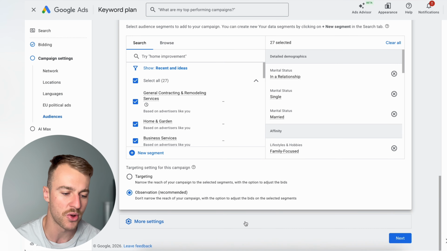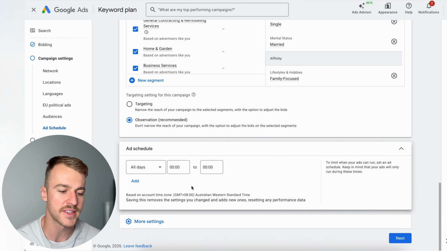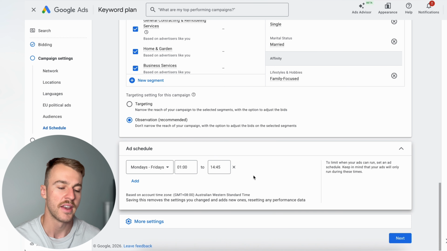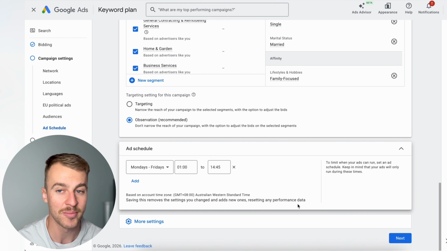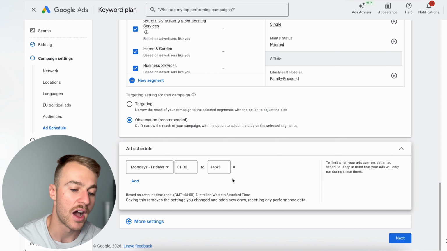What we're gonna do now is tap on more settings, and we're gonna go to ad schedule. You can run this all day, every day if you want, or you can just do Monday to Fridays or anything like that, just setting your timelines here from when you want to run your ads, right? And this is incredible if you are a business owner that doesn't want to answer the phone on the weekends, right? Now, most business owners I know will end up answering the phone regardless, but yeah,